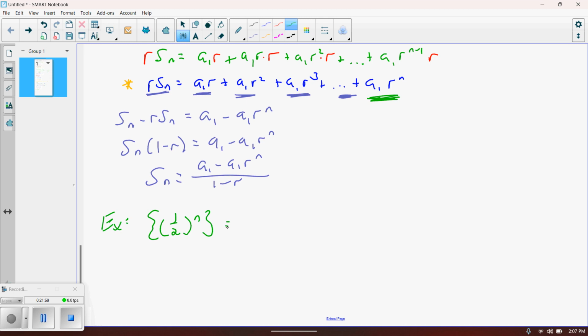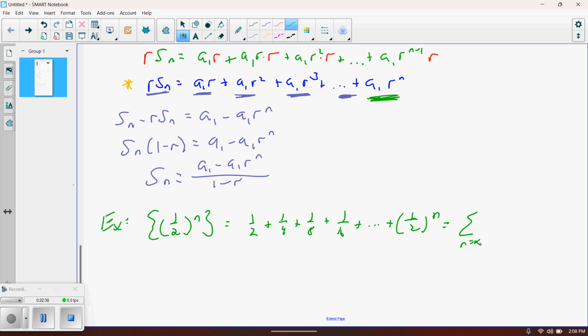So if you were to start writing the terms out, which we won't always do, but if you were, it would be 1/2, since 1/2 is the first term, because if you plug in 1 for n, you would get 1/2. The next term, well, I'd have to multiply a half by itself in order to get the next term, which would be a 4th. Multiplying by another half would give you an 8th, then a 16th, and that would keep happening all the way up until we get to the nth term, which of course is 1/2 to the n, because they've given that to us. And we want to find